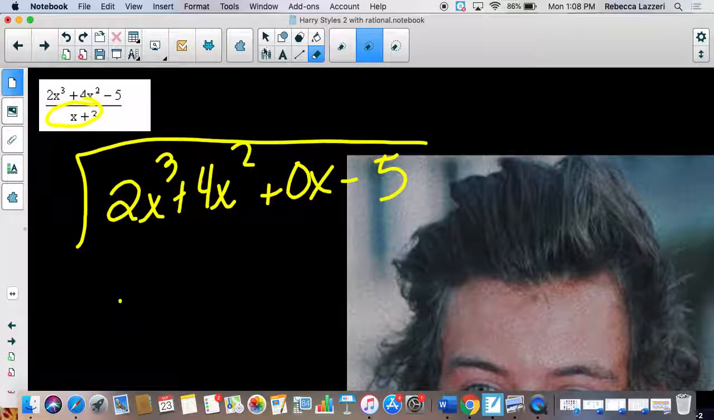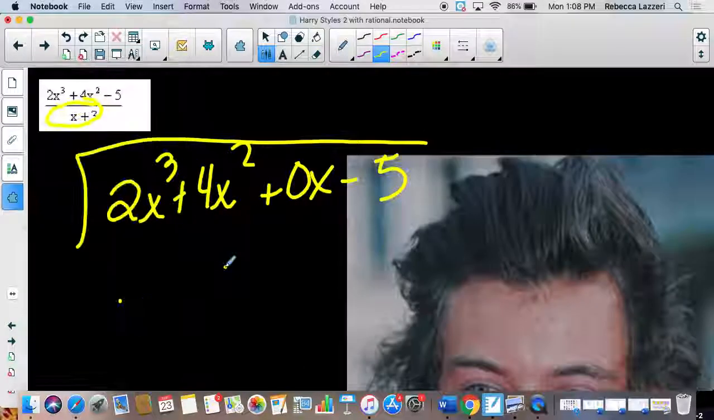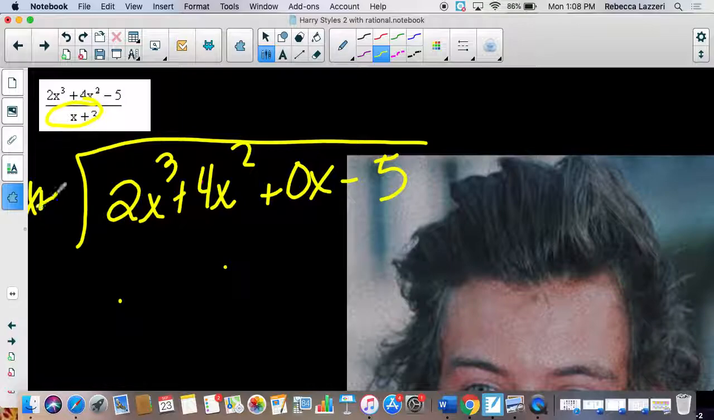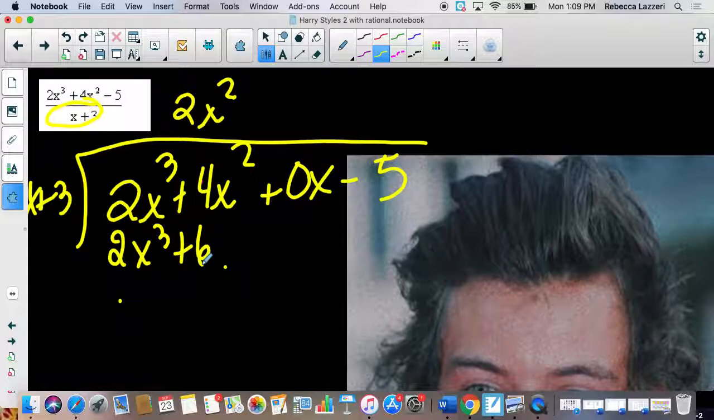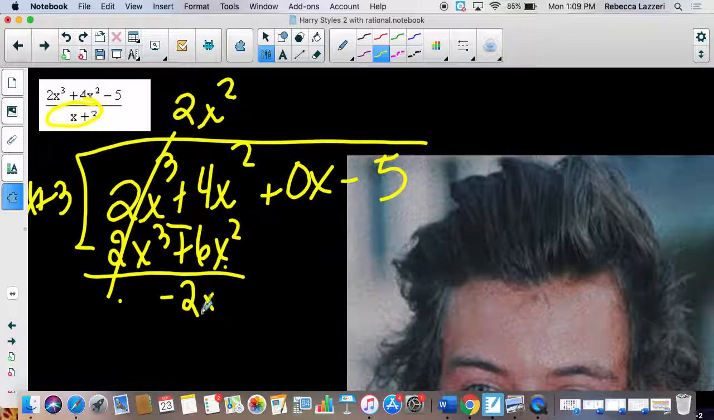So this is x plus 3. All right, so x into 2x cubed, I'm going to need a 2x squared. I go back and distribute: 2x cubed plus 6x squared. They're both positive. When I subtract, they'll both become negative. Cancel, that's negative 2x squared plus 0x. X goes into negative 2x squared, negative 2x times. Be sure you multiply by a negative 2x all the way through. Negative 2x squared